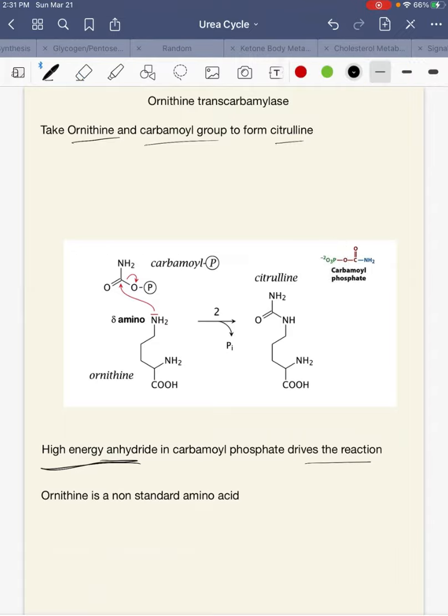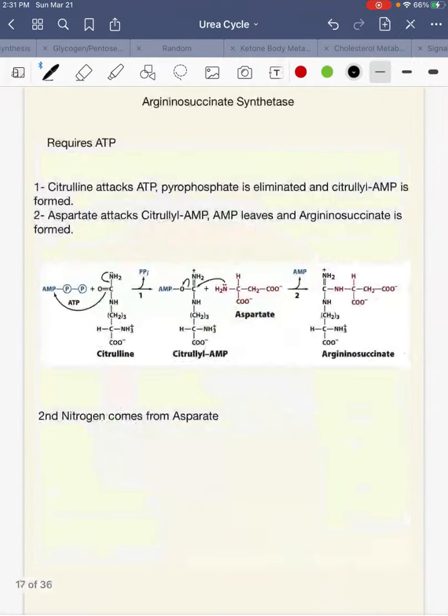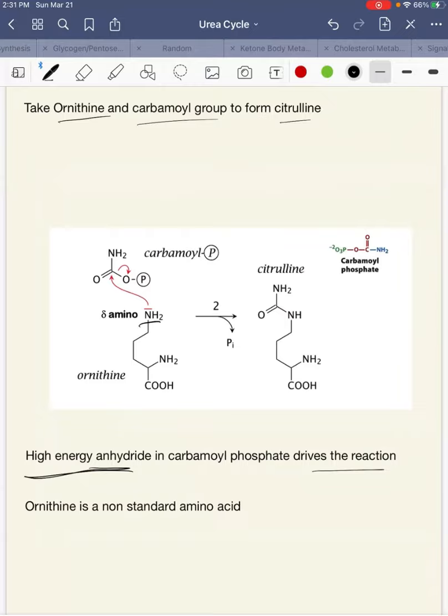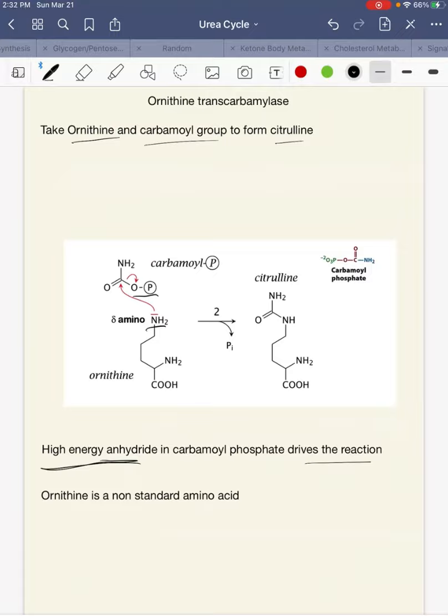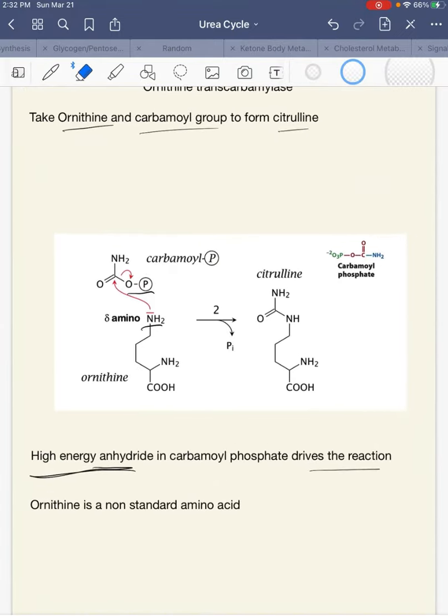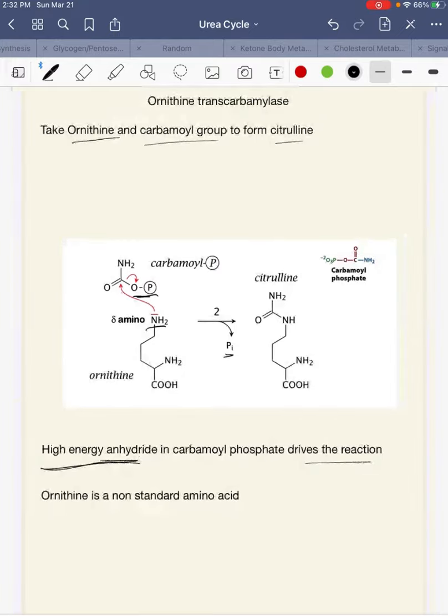Do I have the mechanism for it? No, I have the mechanism for the next one. Basically, the NH2 group from ornithine attacks the anhydride here at this double bond oxygen, and then this acts as a leaving group. The oxygen with the phosphate leaves. No, you don't get carbonyl phosphate. I'm sorry, this is carbonyl phosphate. You get the phosphate with 4 oxygen attached to it. Ornithine is a non-standard amino acid, and it can also be used to synthesize other things that we'll talk about